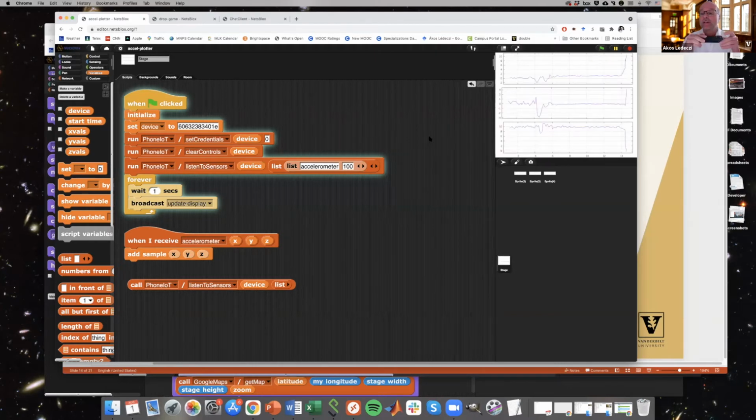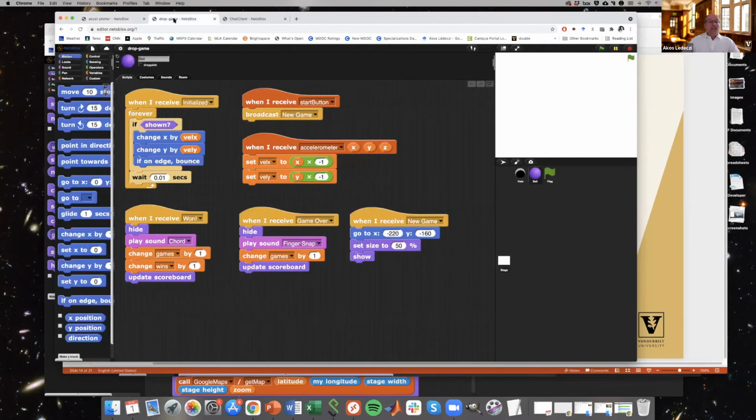Okay, so now you can see that all of a sudden the Z coordinate is -10, well, 9.81 G, right? And if I flip it back, it will go back to +10. If I set it on the other edge, now you can see that it's the Y that is 10, and so on and so forth. If I shake the phone, then you will see all kinds of wild gyrations. All right, so that's one quick app, just showing how to access the accelerometer.